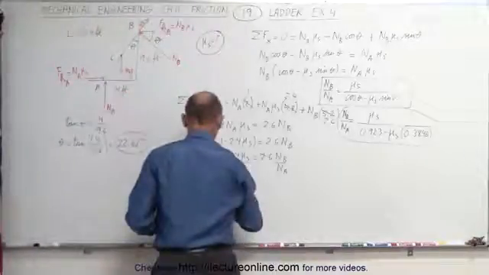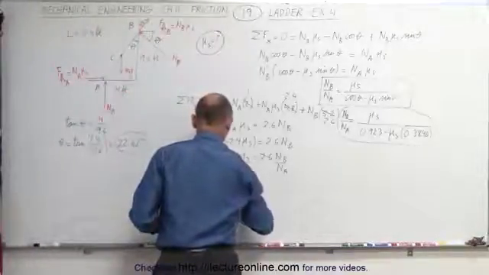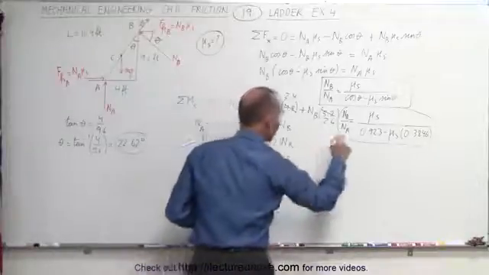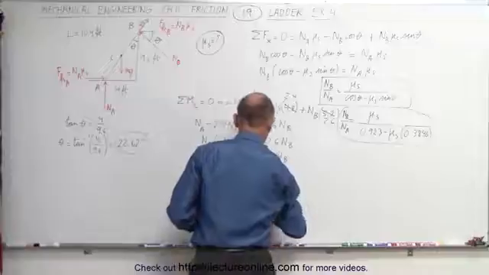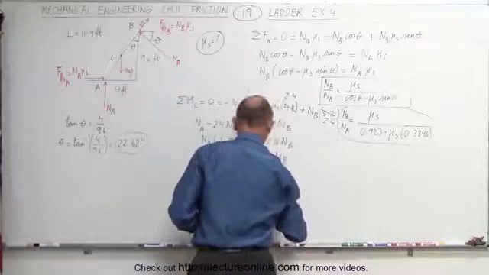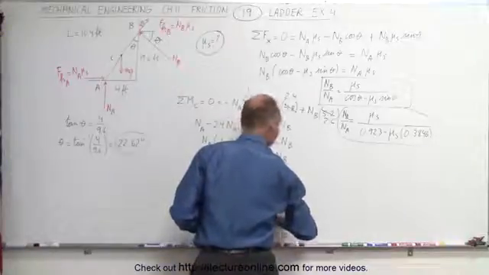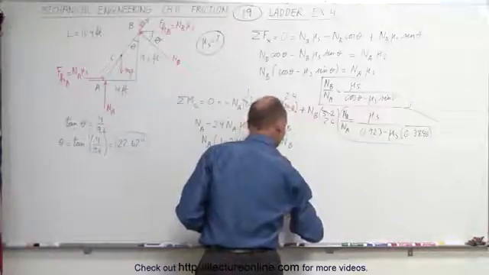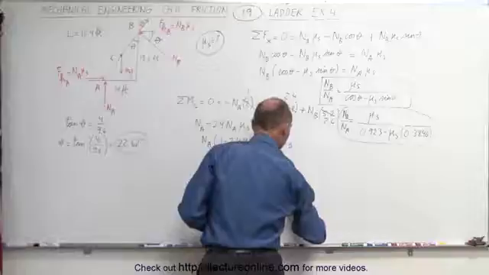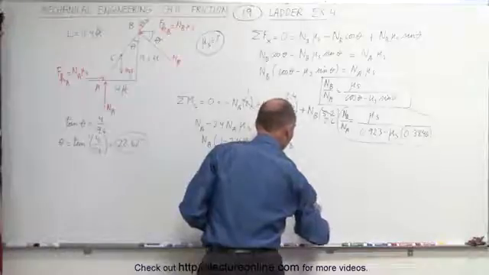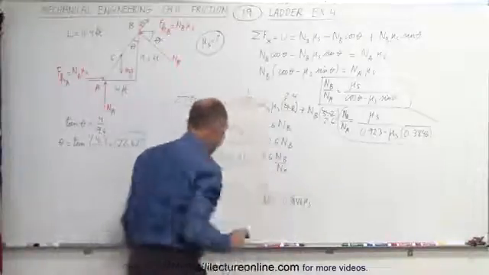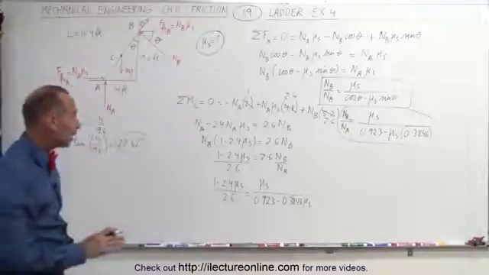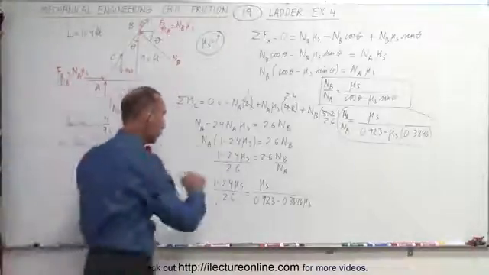So now we have 1 minus 2.4 mu sub s divided by 2.6 is equal to, we have mu sub s divided by 0.923 minus 0.3846 mu sub s. All right. Now we have to turn that into a quadratic equation. So we cross multiply